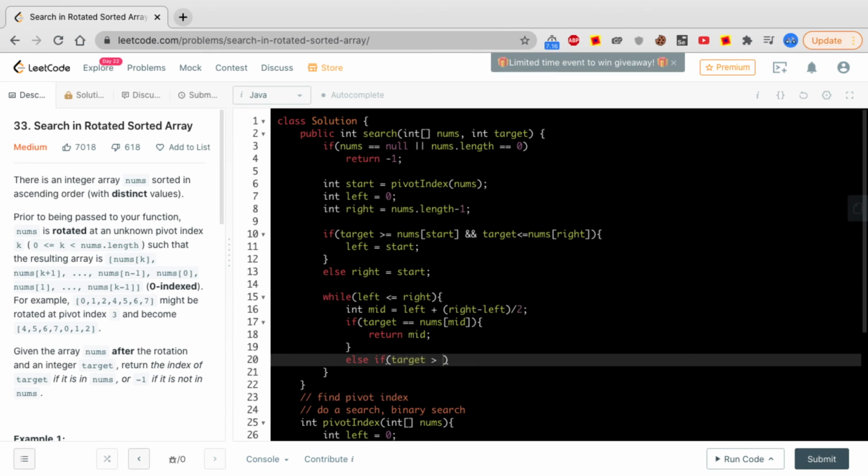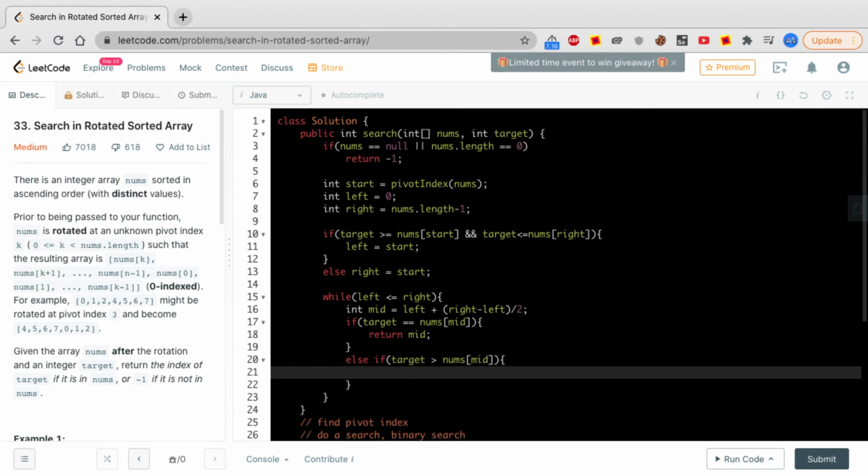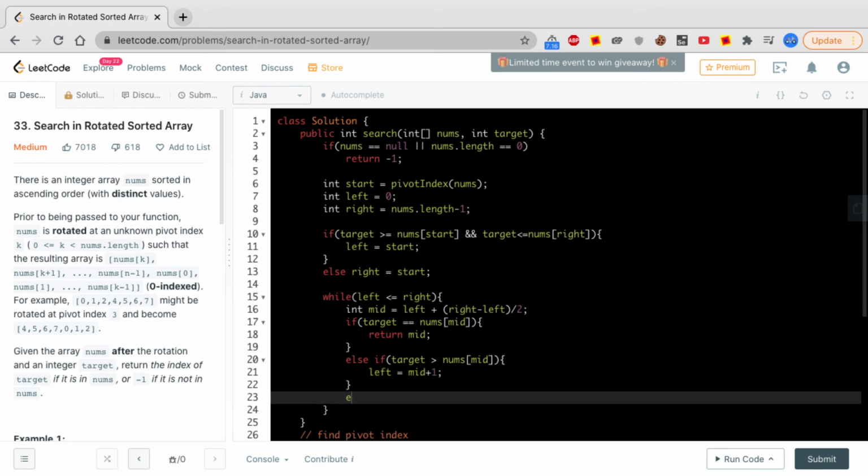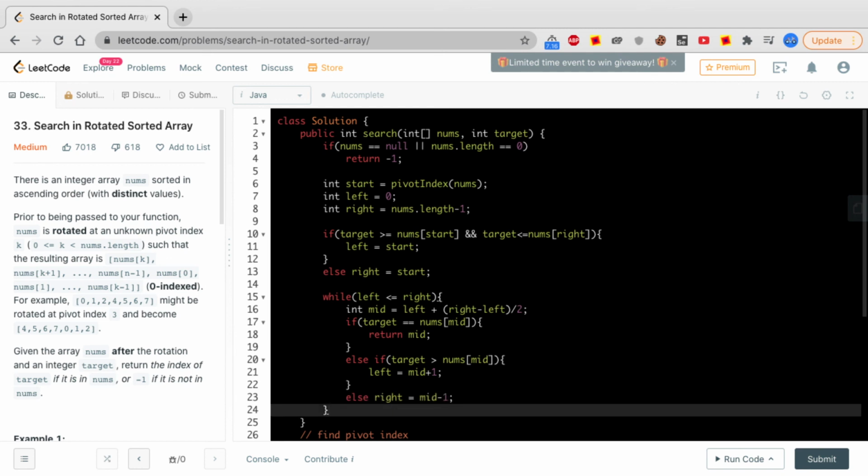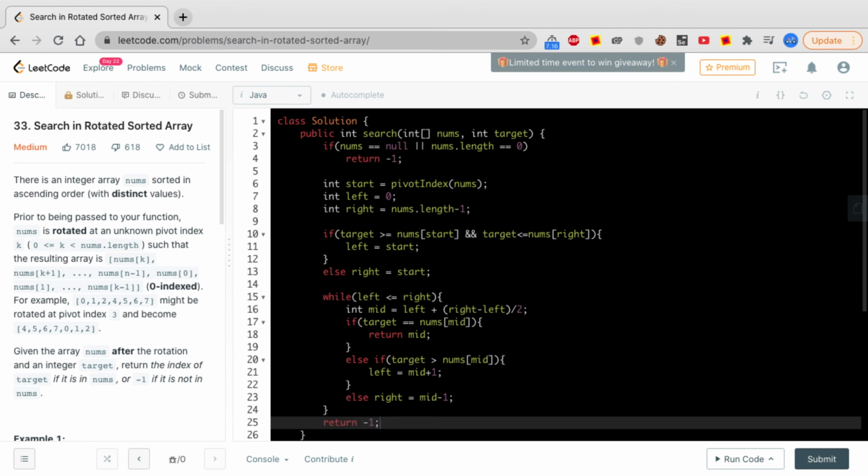So if target is greater than nums of mid, it means we are on the right side, so we'll shift our left towards the right. So left will become mid plus 1. If this is not the case, we'll shift our right. Right will become mid minus 1. If we couldn't find the number, we'll simply return -1.